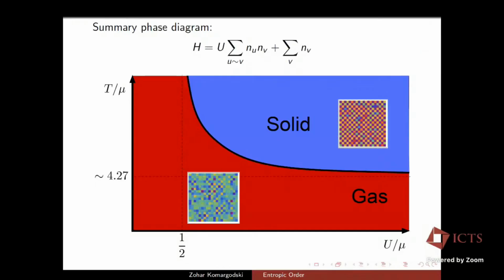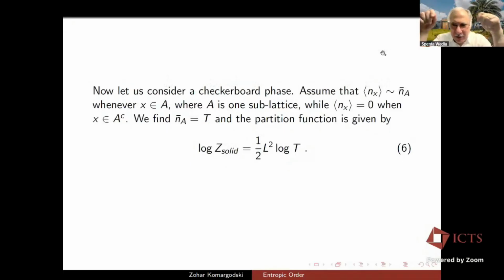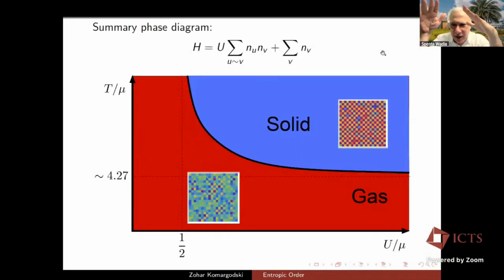How is it possible? I have a question. Can I ask? Sure. Hi, Zohar. This is Spencer. Hi, Spencer. There is no bound on these integers, right? I mean, suppose I have a large integer to bound these numbers. Will that make a difference to this model? It's an excellent question. I'll answer this question when I explain the phase diagram of the model where the integer is unbounded, and then I'll say how it changes when the integer is bounded. Okay? Thanks. It will be easier that way.